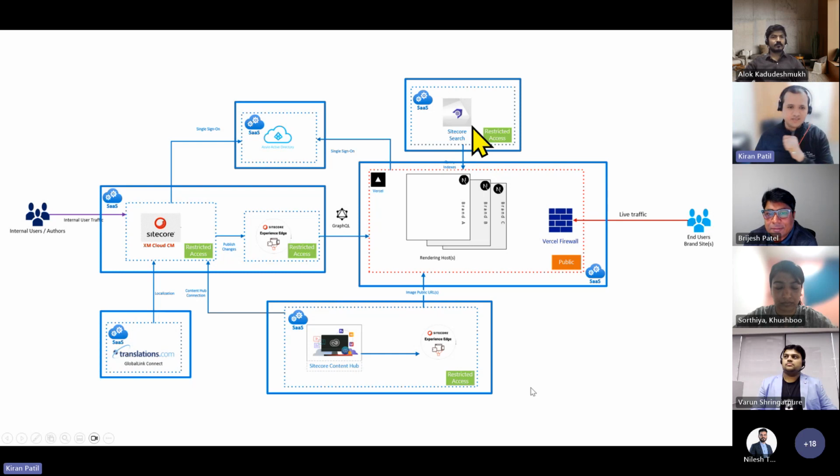Awesome. Thanks, PP. Again, this diagram is super helpful. Thank you for sharing that. So what I understood from your discussion is the benefit of XM Cloud is you get the features while you are in development. For example, SSO was not available, but it became available and then it is available for you to consume. So that's a great thing.